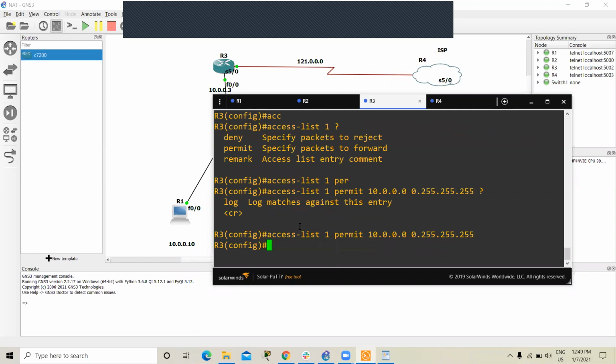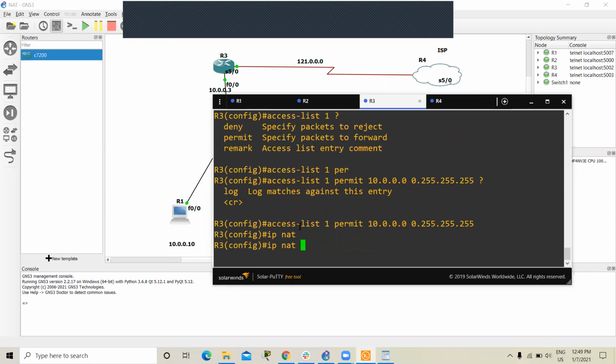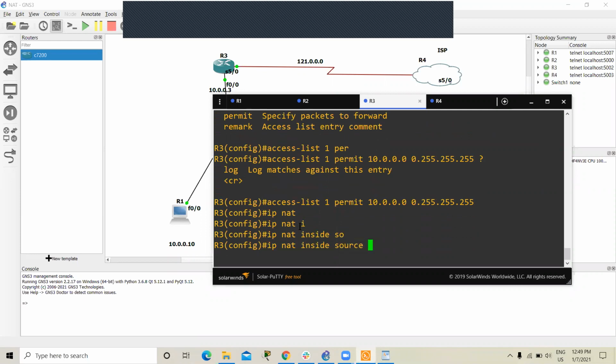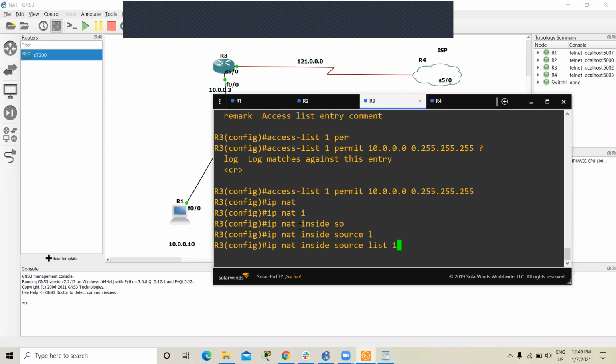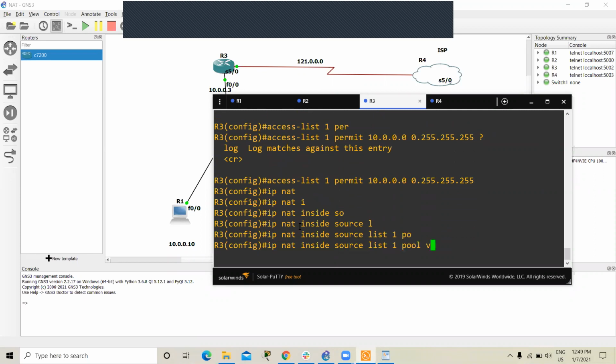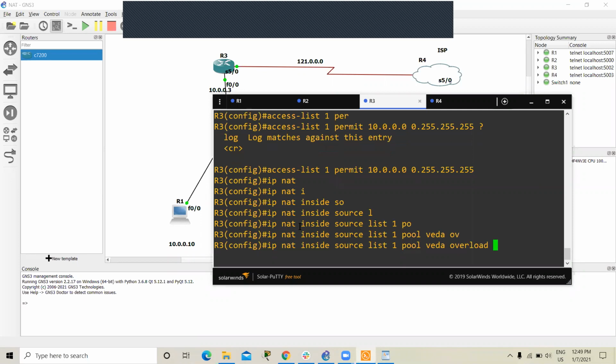Now we are going to configure PAT: ip nat inside source list 1 pool Veda, and here only one command makes the difference between dynamic NAT and PAT, and this command is overload. So you have to remember this all the time.